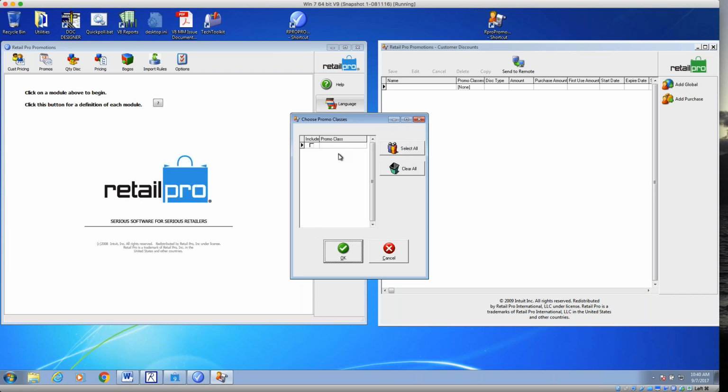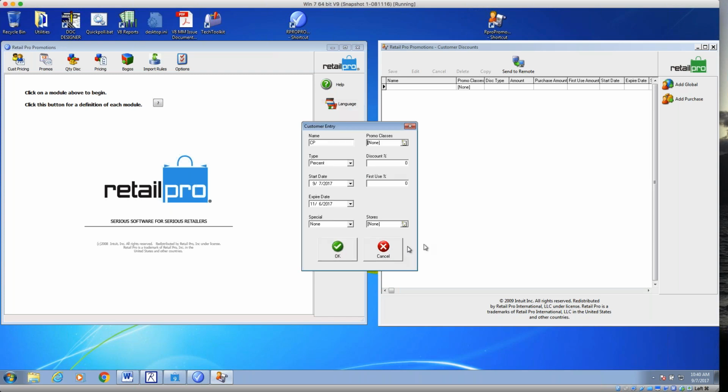So you have to set a promo class, and there's a field in V8 that's called promo class. You have to add it to your screen design. So in V8, they have a field that they give to you that is for this function. So whatever you add into here, you have to